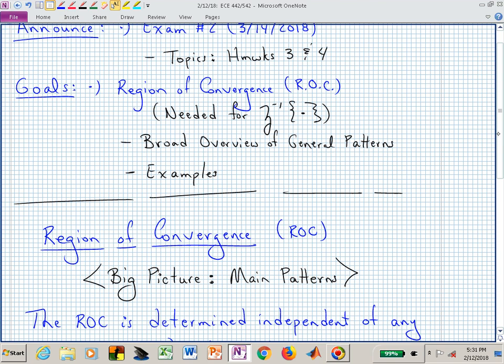Today what I want to do is spend a little bit more time on region of convergence, what it is, or give you the main patterns that you can be thinking about with this region of convergence. And those are really important when we're trying to get back from this transform expression, capital X of Z, back into the time domain. In order to obtain a unique time domain expression, we actually need to be given the region of convergence. We'll focus on that a fair amount in the next couple of lectures, but in this class,